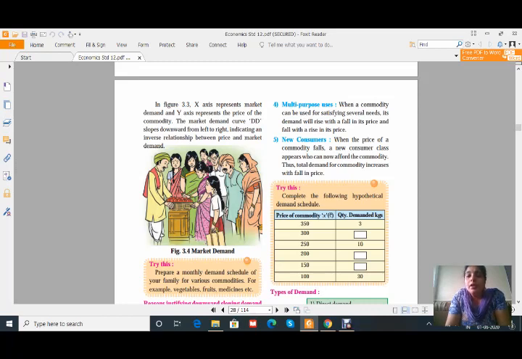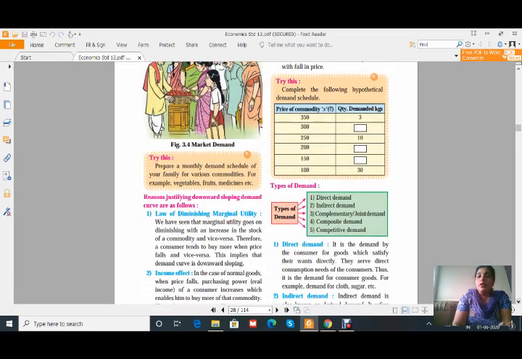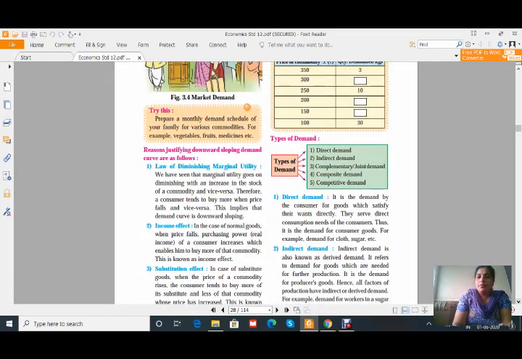But if the price of the mobile phone gets reduced, then the consumer has more variety and can choose from many varieties, and therefore we can say that new consumers will appear, and therefore the demand curve always slopes downwards from left to right. I think all of you are getting clear about why the demand curve slopes downwards. This question is asked for 4 marks in your board paper.